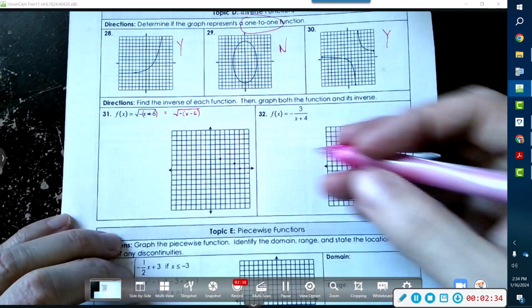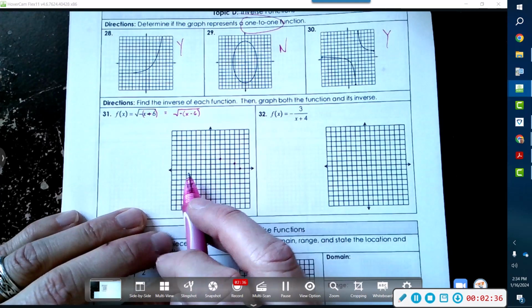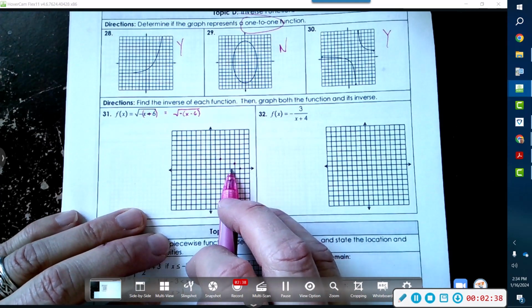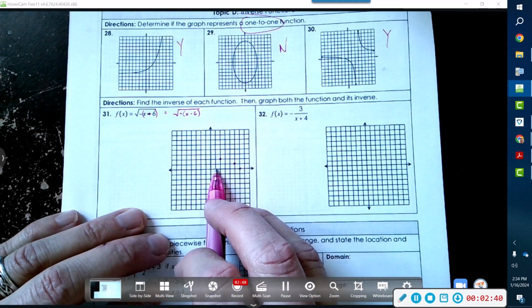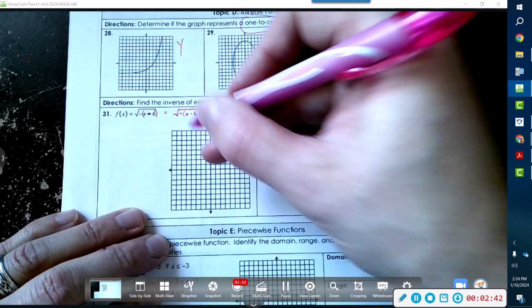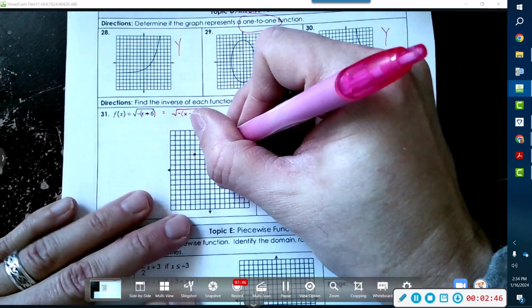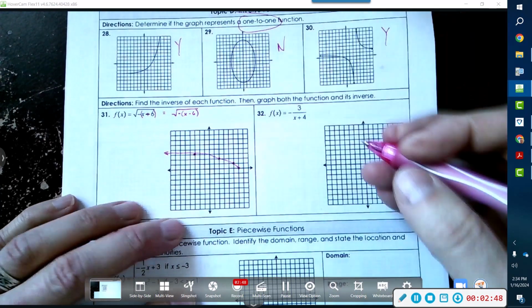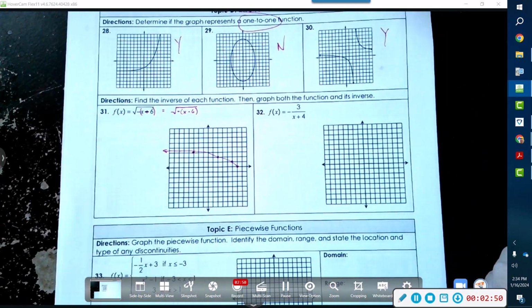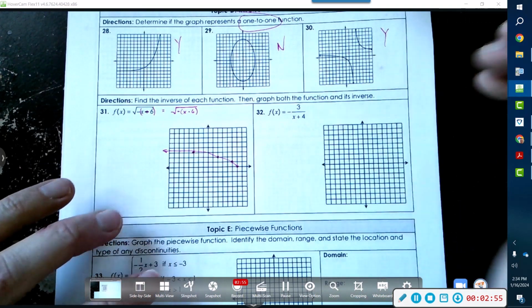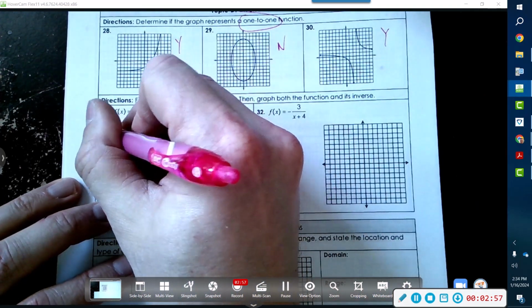Okay. So the next one would be 9, 3. So 1, 2, 3, 4, 5, 6, 7, 8, 9, and then it would be 3. So that is good enough for me. Okay, that is the original f of x. So now let's get the inverse. Okay, so the inverse requires me to swap out